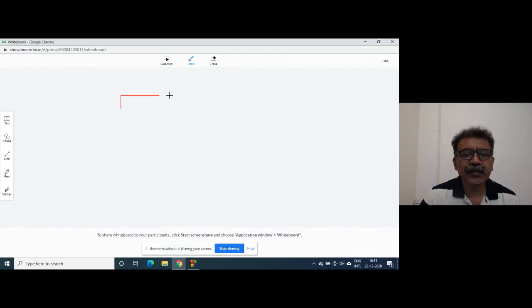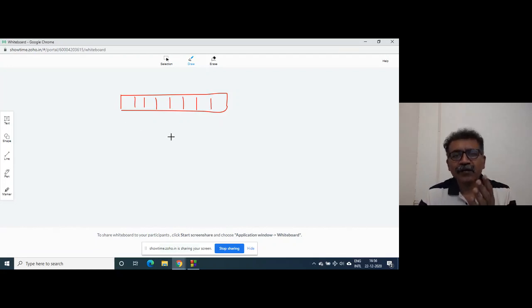So this is an array, and array elements are stored contiguously. If you want to know whether a particular number exists in an array or not, you go on searching like this. So this is a linear search, okay?